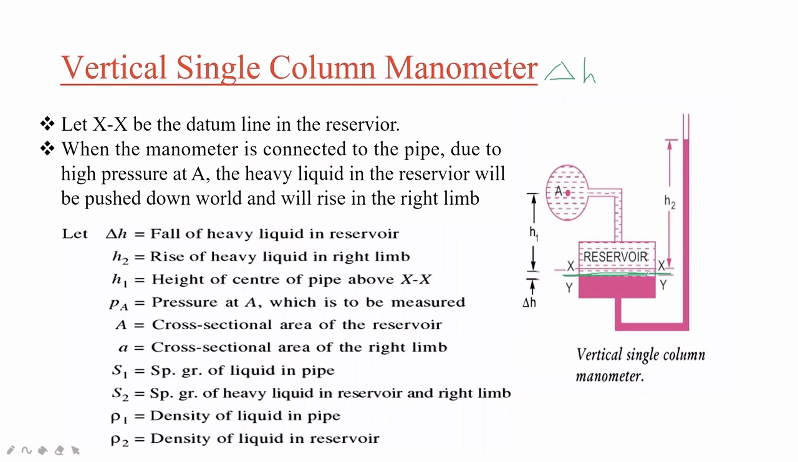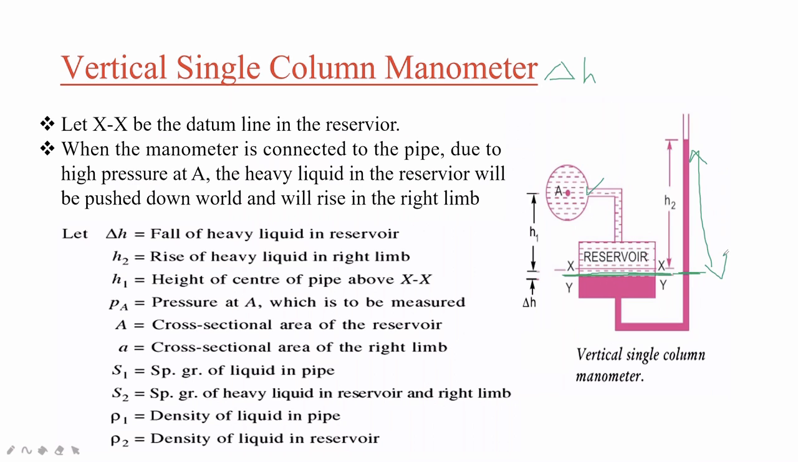So that YY is where the reservoir or this liquid ends, and where it has fallen. The fall of heavy liquid is there, no? We have to take that surface, the datum YY. Then the pressure in the right limb above YY, then the pressure in the right limb. So this pressure,